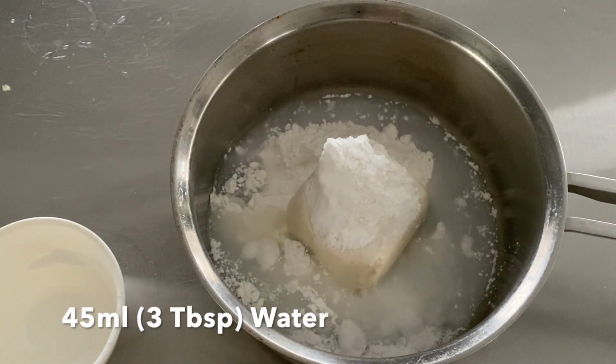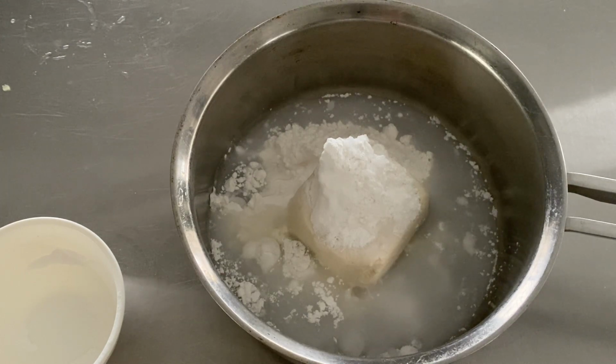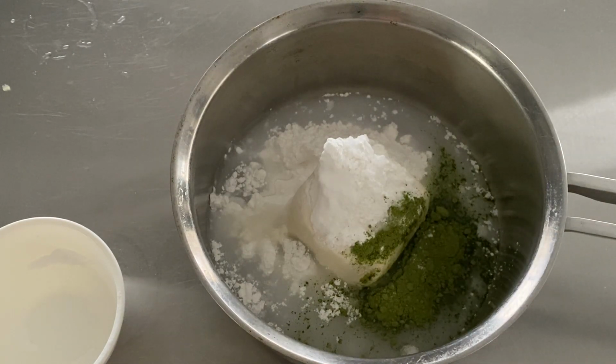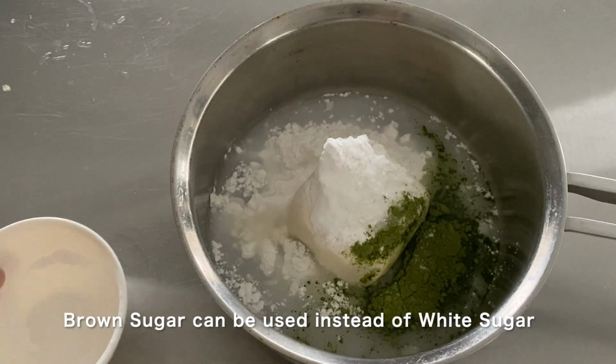If you have matcha, it's really nice to put matcha powder inside because it masks the taste of tofu. You can also use brown sugar instead of white sugar, and that will make a brown sugar warabimochi. Okay? And after everything is inside,